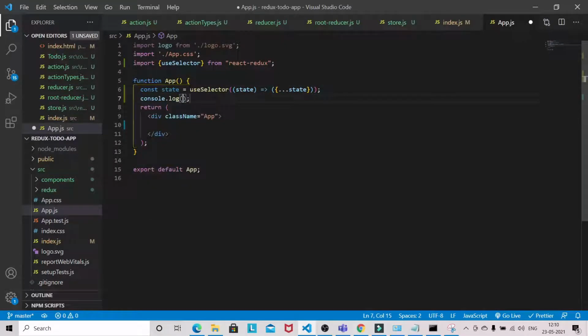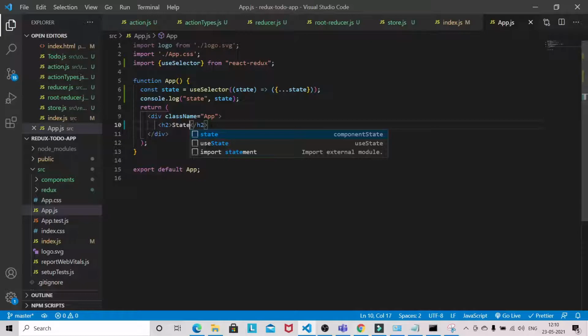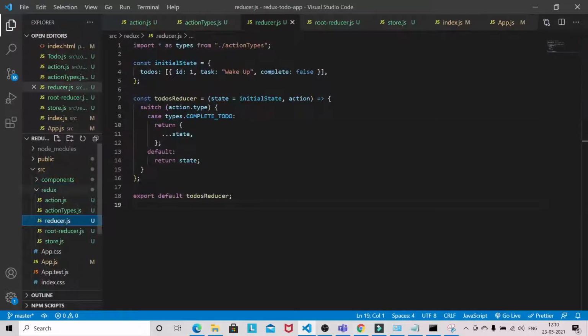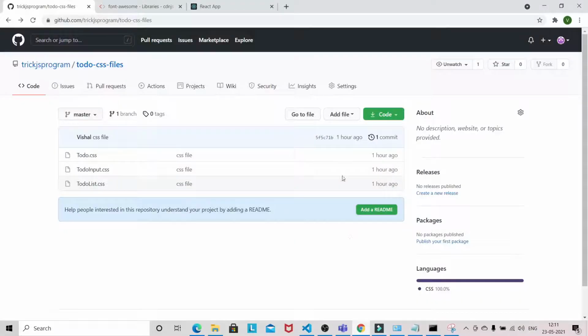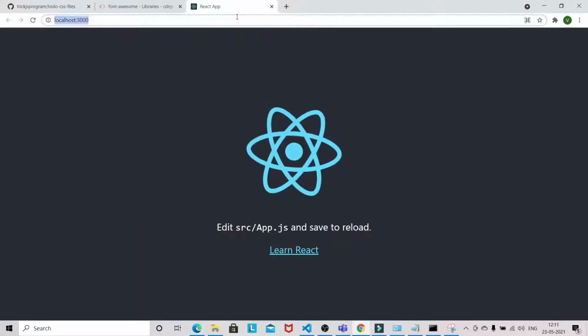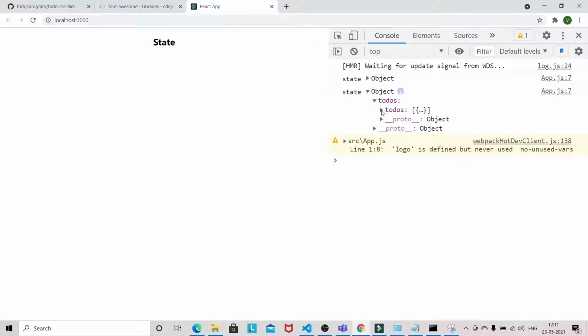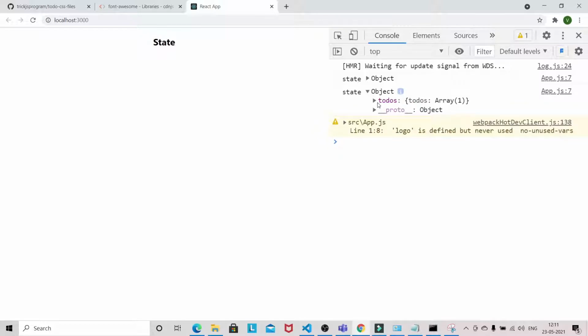Just do a console log state. So I have already initialized the initial state with one to-do. Okay, so let's see. So guys, now you can see we are able to access the state.